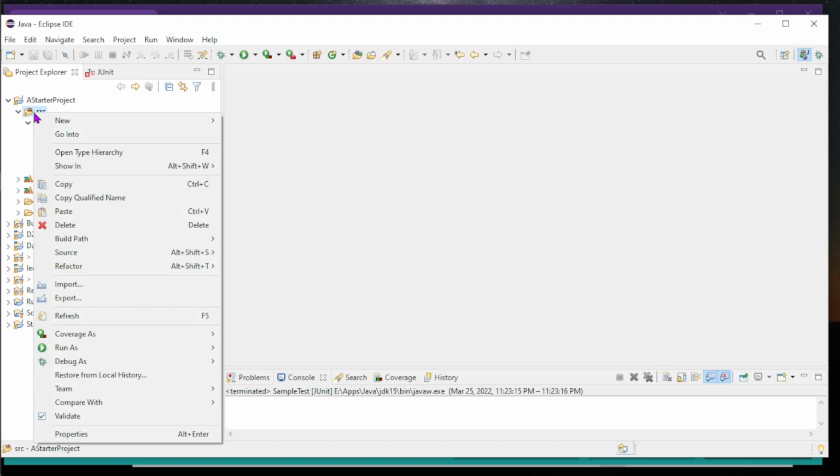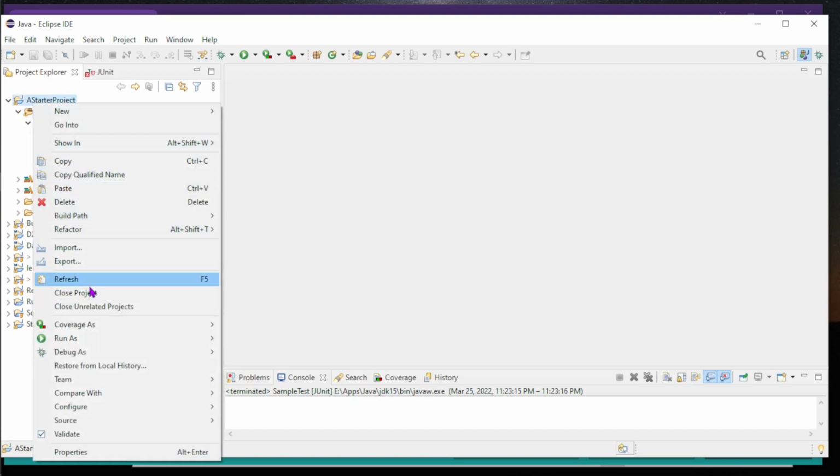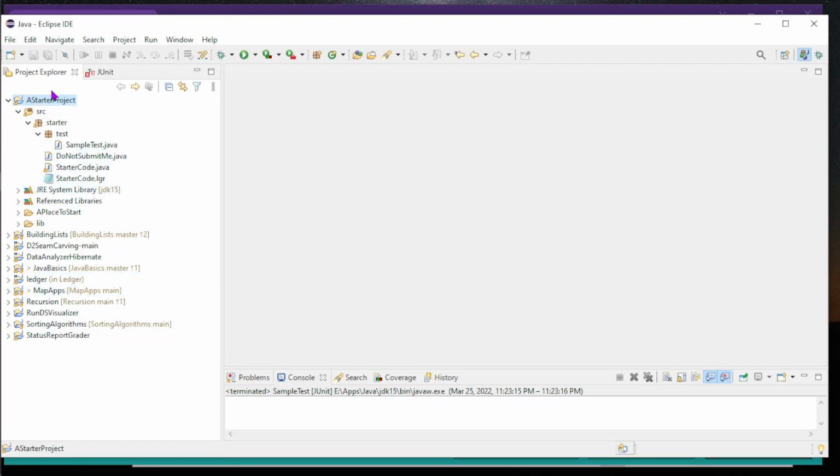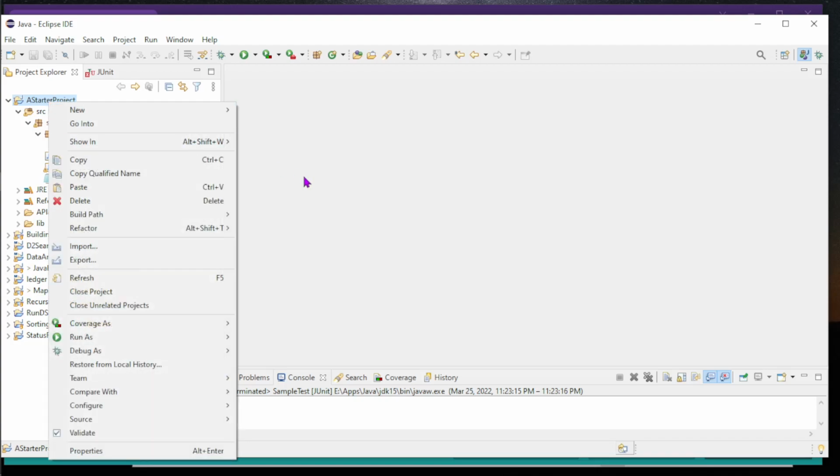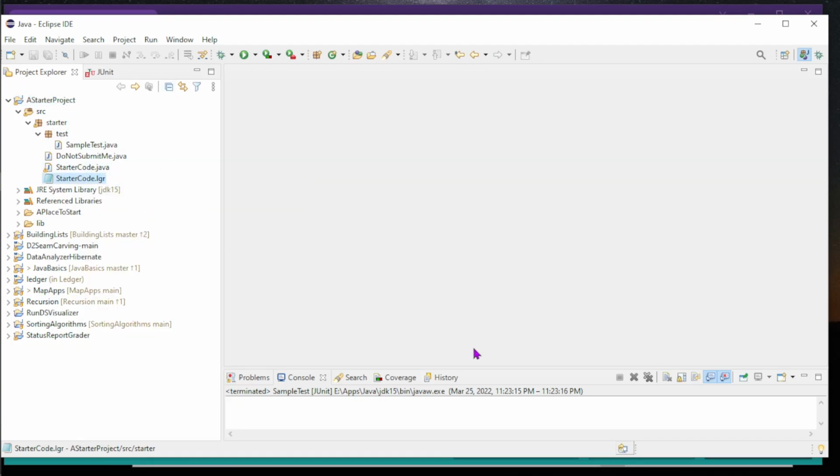Now, don't do that 3 weeks before you start, right? Do it about the time, do it before you start the first time, so that way you know. Or when you're actually going to do the code, you've run it before, that's fine. Just run it again before you're ready to write code, and then come up to your project and say refresh. You can see the F5 button can work, but the F5 button is where you're currently targeted. So if you go right up here and say refresh, it refreshes everything, and then you can see the ledger